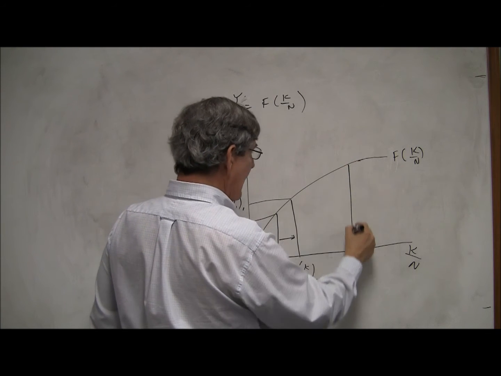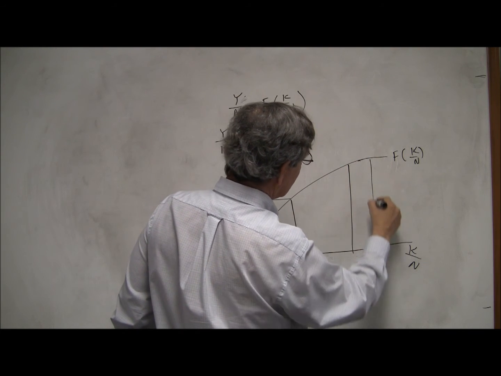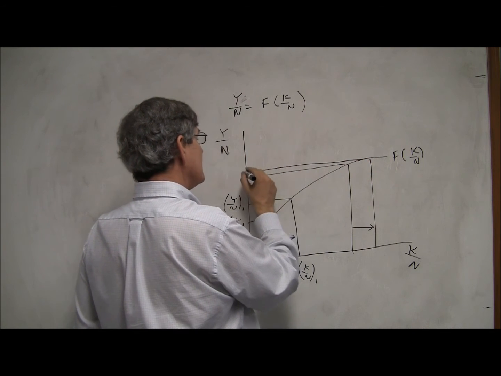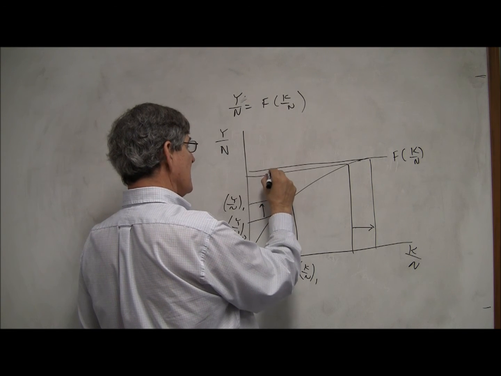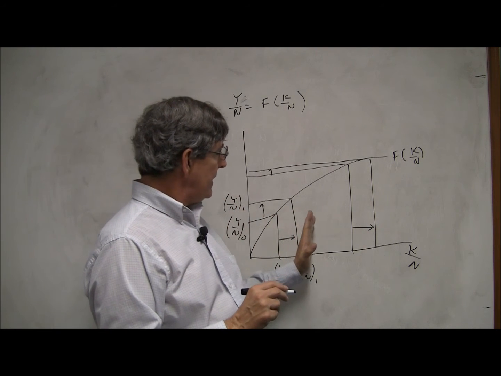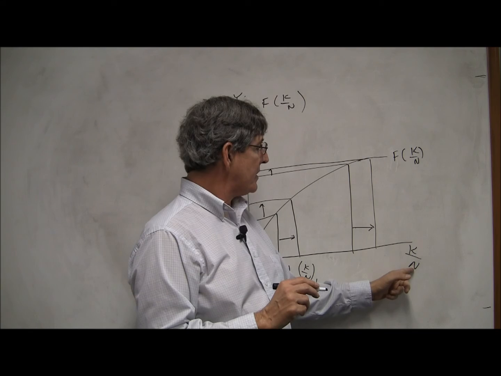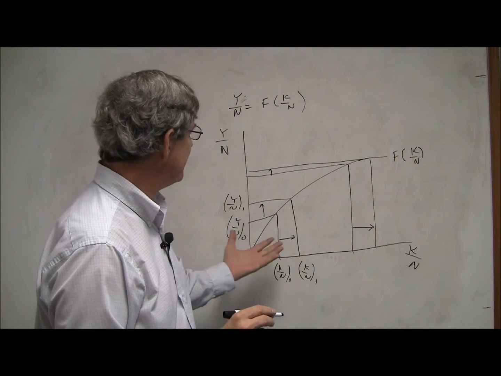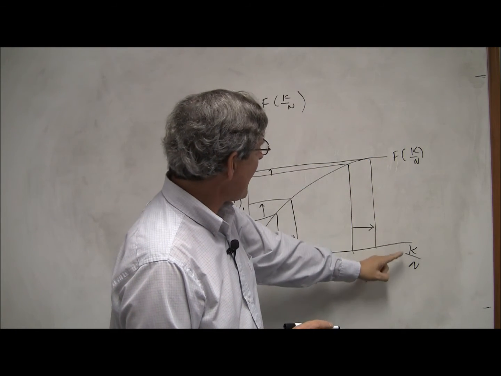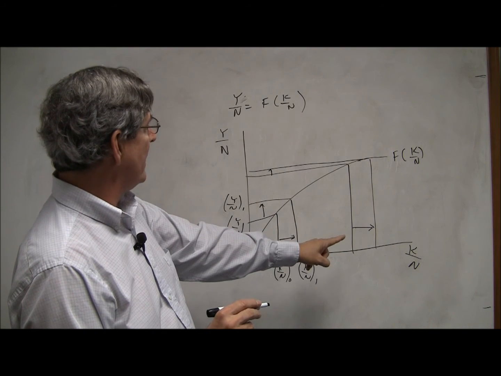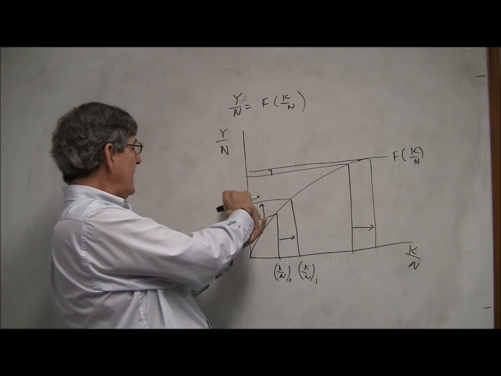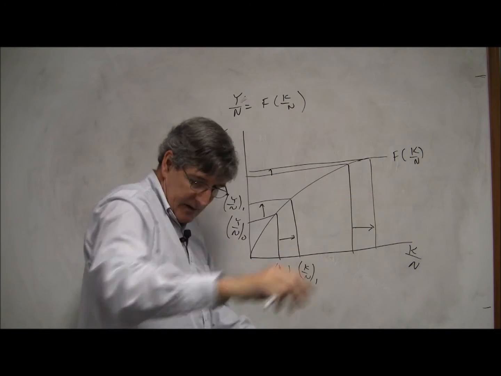If I increase by exactly the same amount here, I get a much smaller increase in output per person. So it went up that much there, it only goes up that much here. And so as we increase K over N, capital per person, machinery and that sort of stuff per person, factories and all that, eventually it flattens out. So this alone can't be the source of long-run growth. Because eventually you get to this flat part and you don't get much growth in output per person out of any further increases in capital.